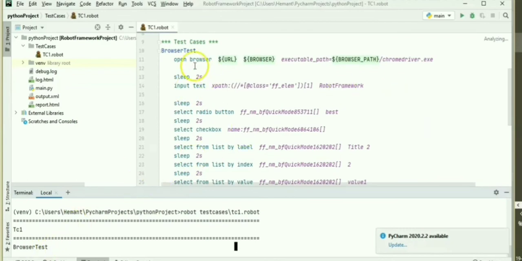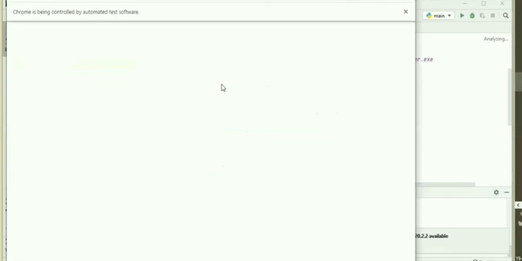Inside this tc1 is my browser test case. Chromedriver.exe will hit the url on this browser first. So you can see the url is hit here.